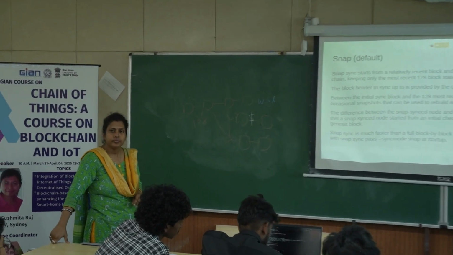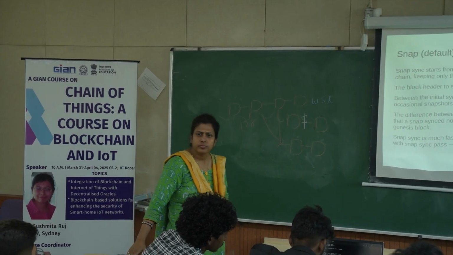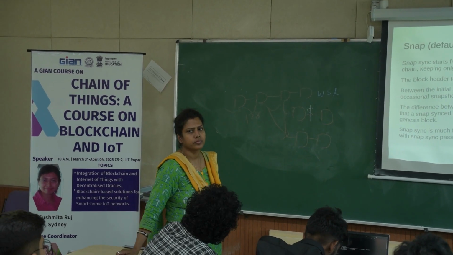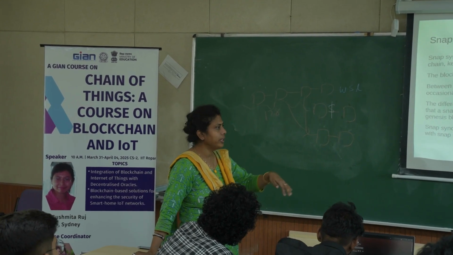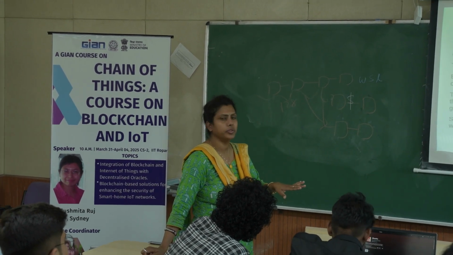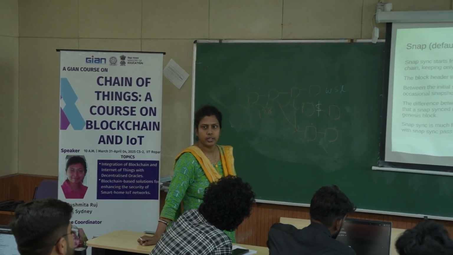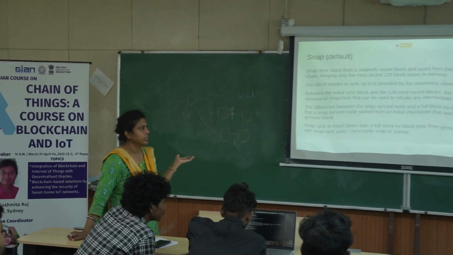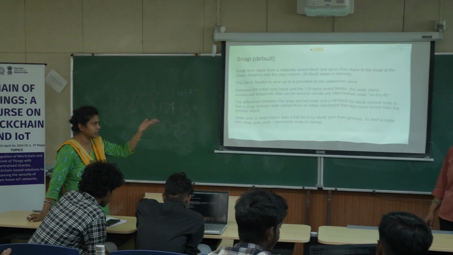So we are forking the main chain, and this should be visible to the whole public, right? Only if you upload it will it be visible. But if it is private, then it won't be visible. That is visible to you only. If you upload it to the main chain, then it will be visible to others.